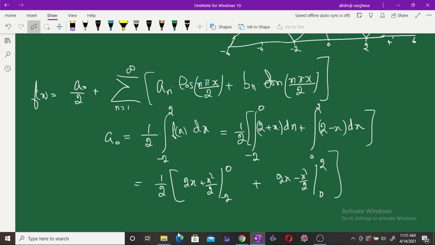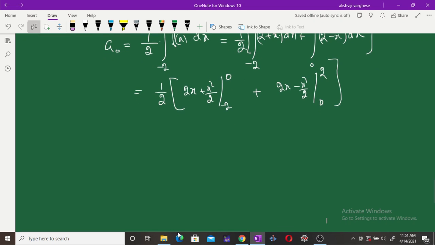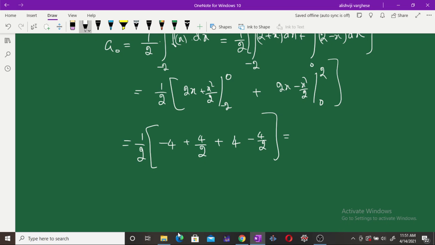and this is equal to 1 by 2 into, at 0 this will vanish, and at my lower bound minus 2, it is minus 4 plus minus 2 the whole square, that is 4 by 2, then plus here upper bound, it is plus 4 minus 4 by 2, then at 0 this will vanish, and therefore this is equal to 1 by 2 into this minus 4 and plus 4 will get vanish, and